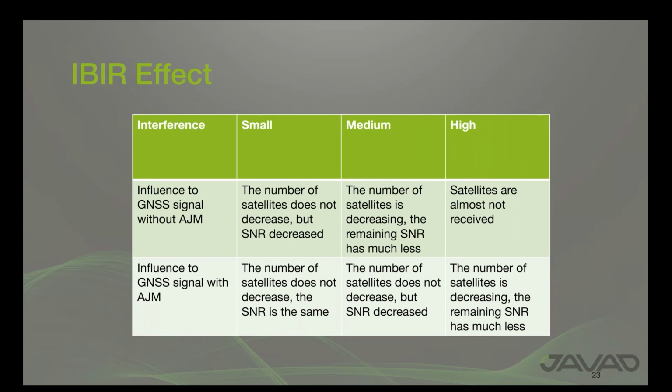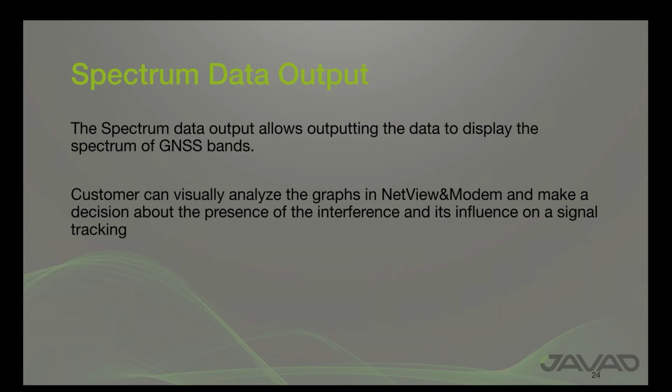And process positioning calculation. So the next nice feature, which also relates to interference monitoring and environmental checking, is spectrum data output. The spectrum data output allows outputting the data to display the spectrum of GNSS bands to visually estimate the effect of different in-band and out-of-band interferences. The use of this option is very easy in the TRE-3S board. Even a system integrator without RF radio frequency skills, which actually is the majority of system integrators, will be able to check